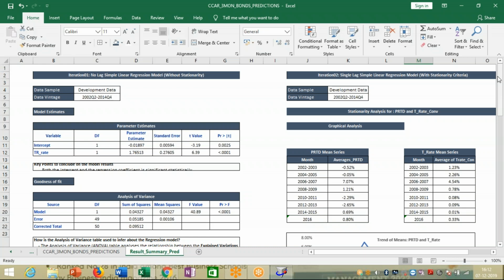So that way you'll also have a practice, right? And when the results come in, you have the interpretations given over here, right? Or what you can also do is